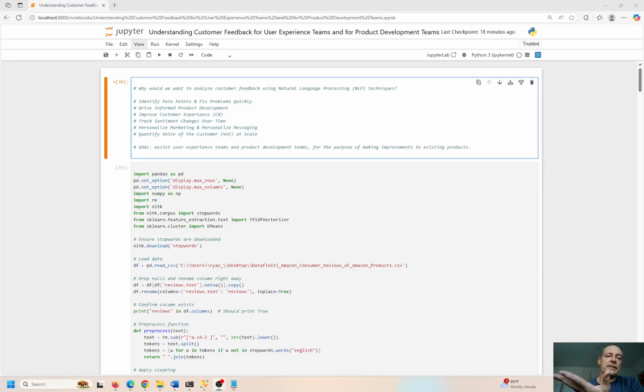So in the project today, I want to try to understand customer feedback for user experience teams and for product development teams. And we're going to collect feedback from Amazon products and information about what these products have delivered in terms of enjoyment or dissatisfaction on a few different levels, and collectively ingest all of this feedback into different types of NLP techniques, so natural language processing techniques, and try to identify pain points and fix problems quickly